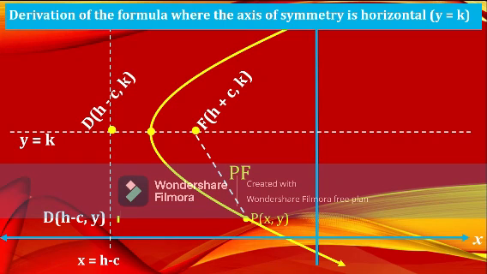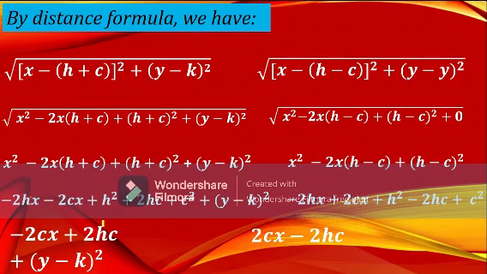So we have PF. We're going to denote this as line PF and line PD. Then we're going to equate using the distance formula, the same formula that we used a while ago with the axis of symmetry that is vertical. Okay, so PF is equal to PD, the square root of the quantity x minus h plus c, quantity squared,